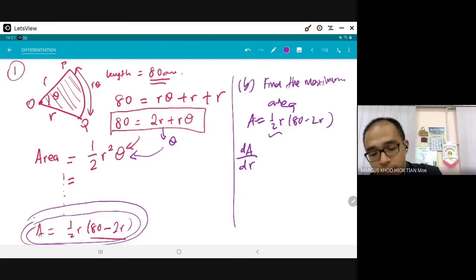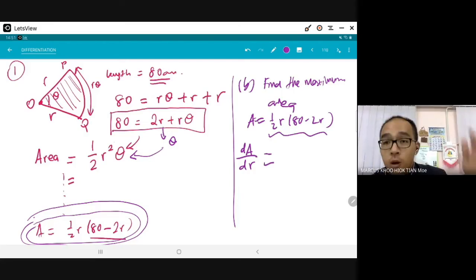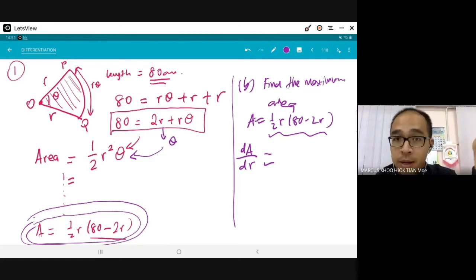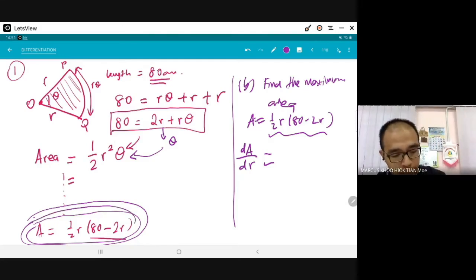Okay, you need to simplify this now, of course. Then you find the differentiation. Then lepas tu kau buat step yang sama. Differentiation equals 0. Find the value of R. Make sure that it's maximum and then find the maximum area. Okay, how do you find the maximum area? Ganti R balik ke dalam sini. Okay, so